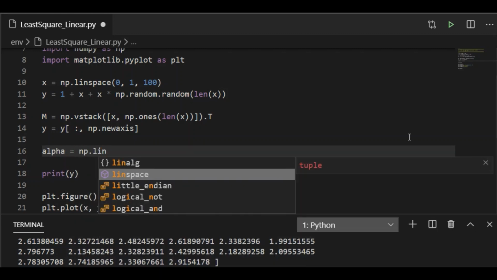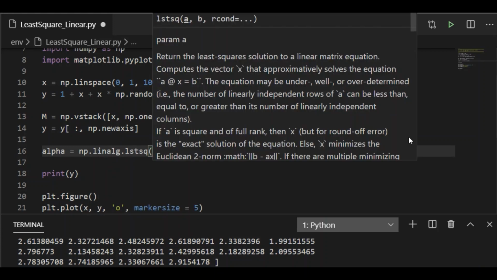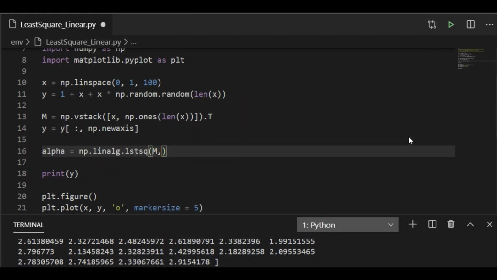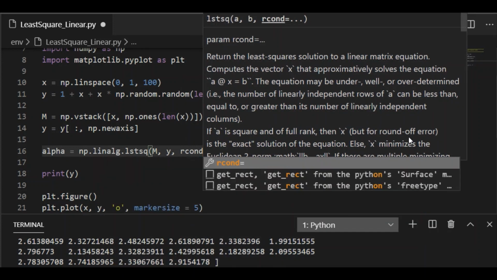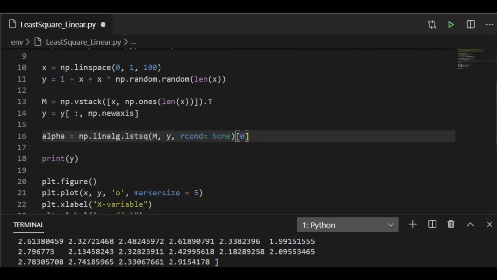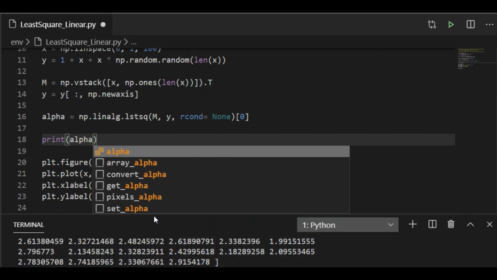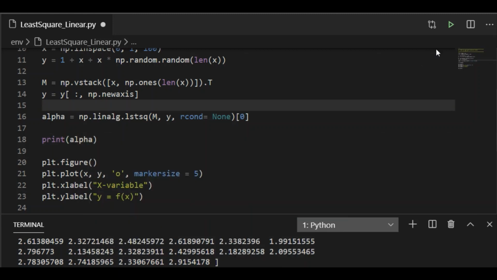The solution to the linear least squares problem is from the routine lstsq, which is part of linalg in NumPy, and it takes the matrix form of x and y. Alpha has the value for both a and b. Let us print the value of alpha.